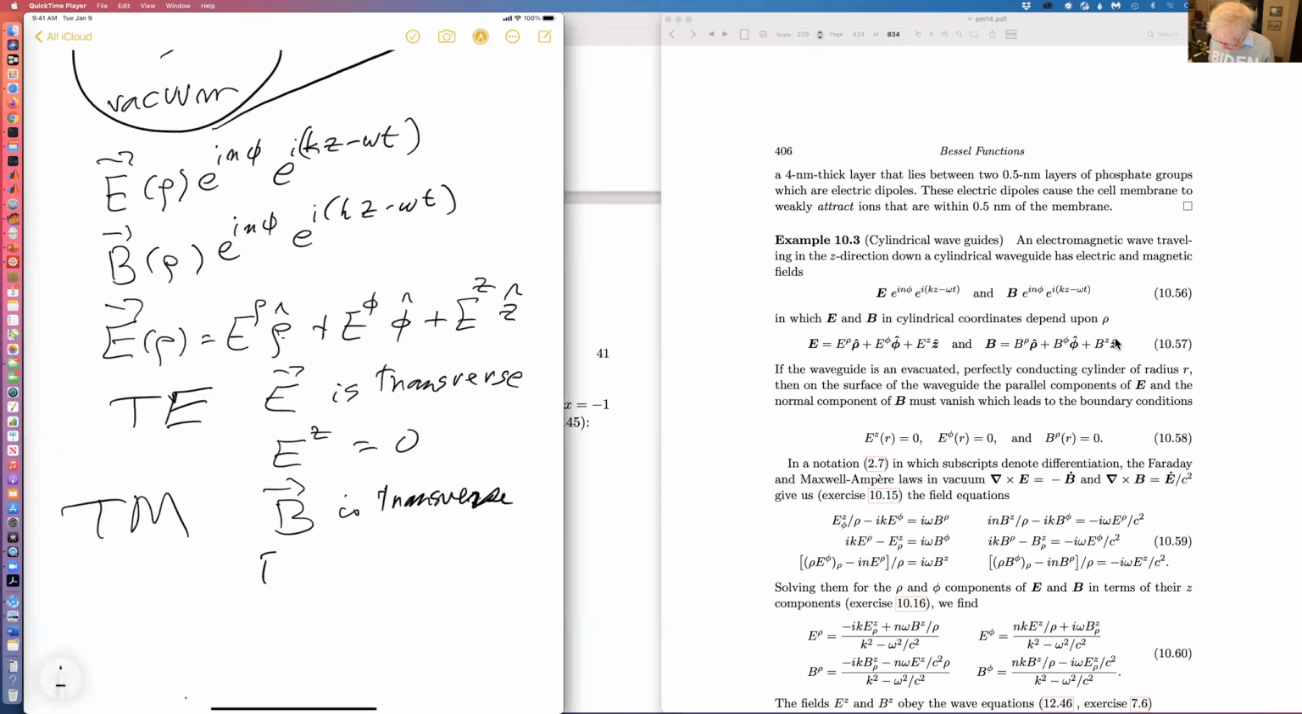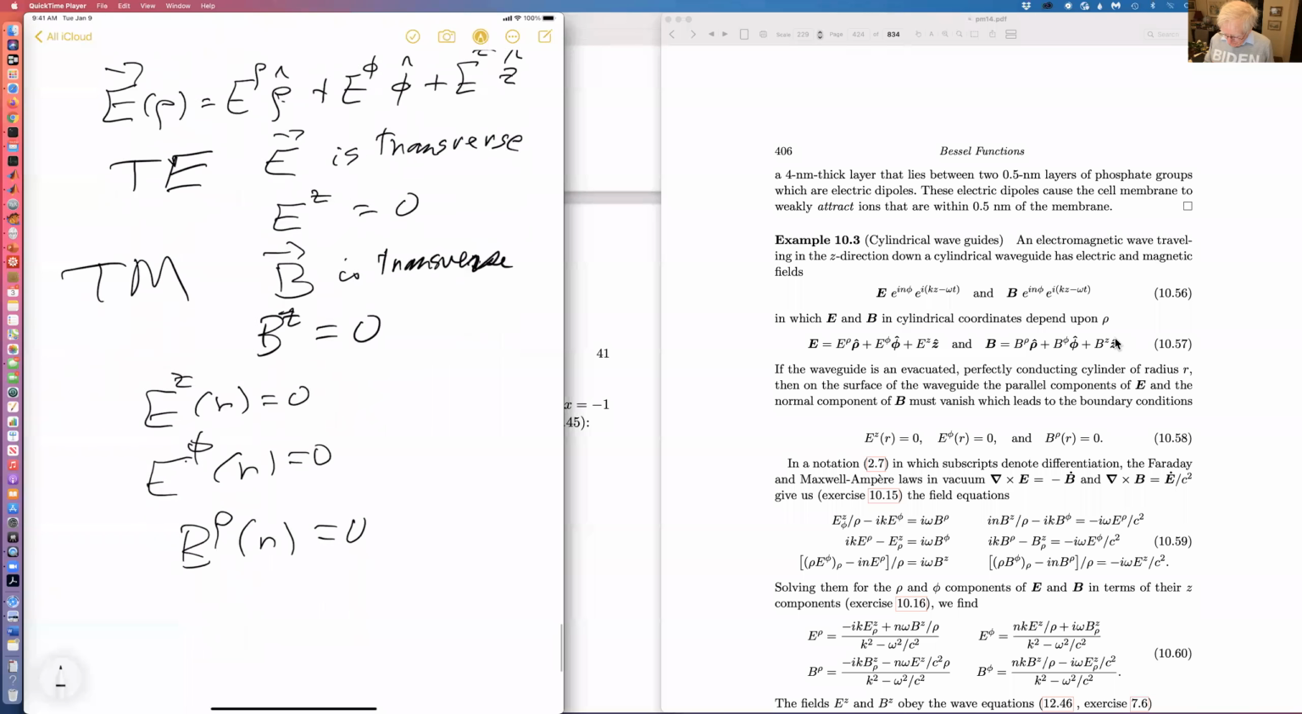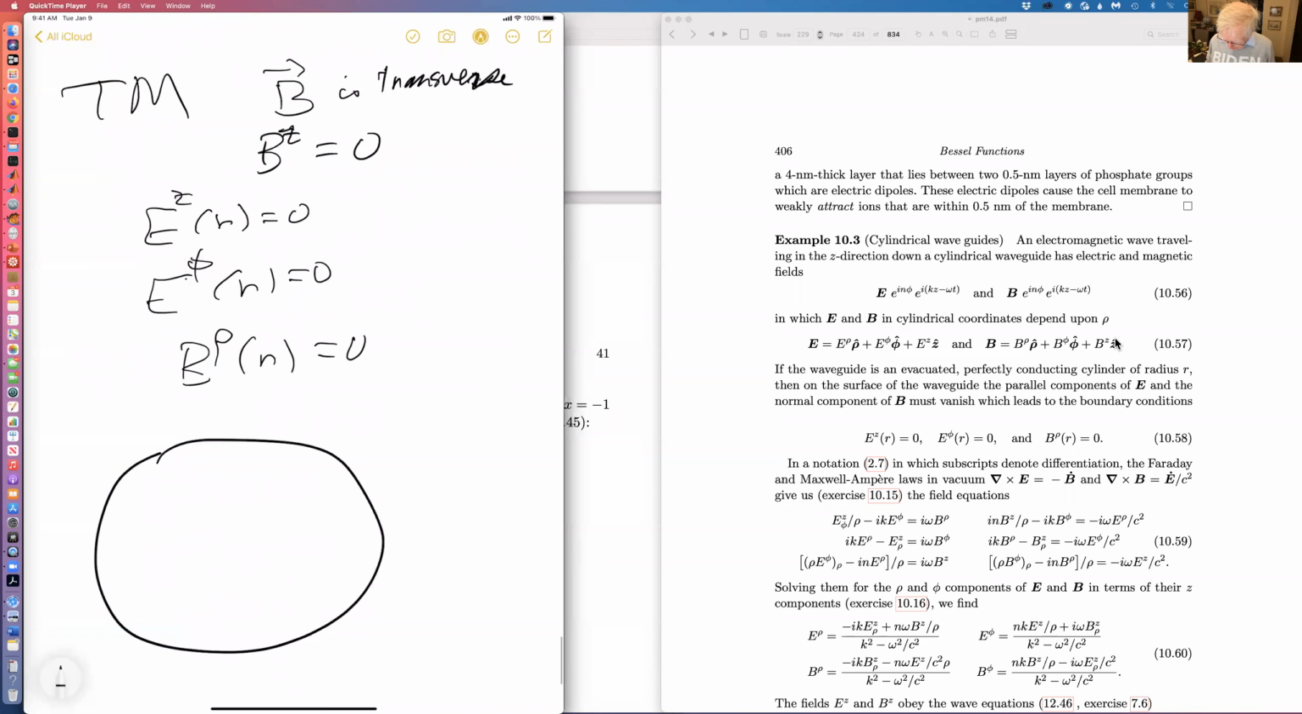And so that means that B_z is equal to 0. And then we always have the conditions that E_z at R is equal to 0, that E_phi at R is equal to 0, and that B_rho at R equals 0. That's because we're talking about a waveguide, a cylindrical waveguide of radius R, and so